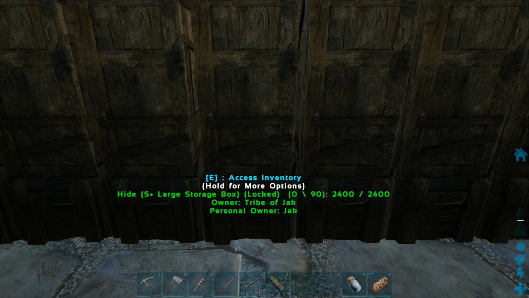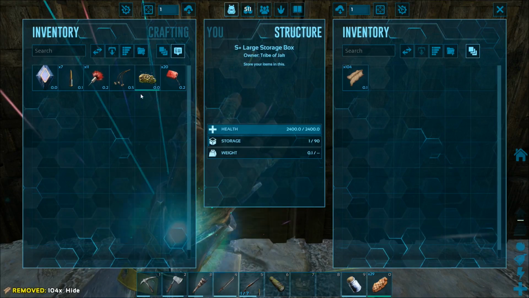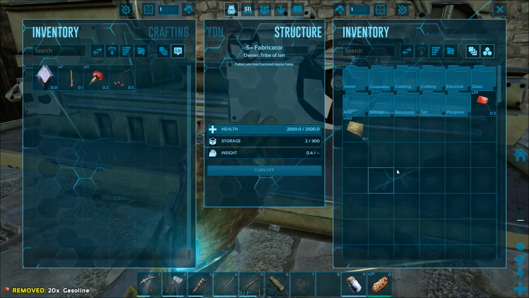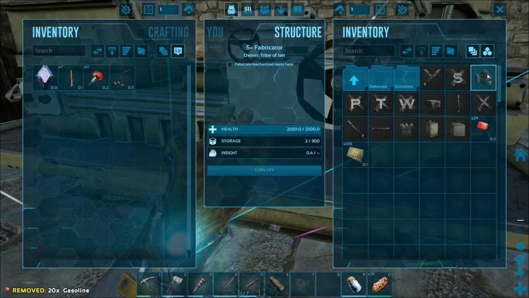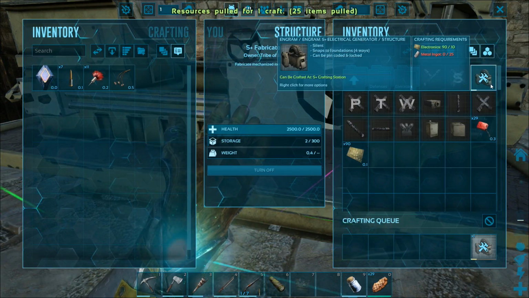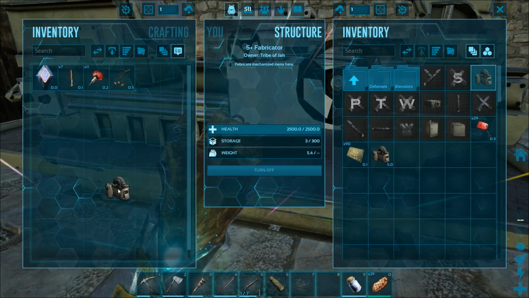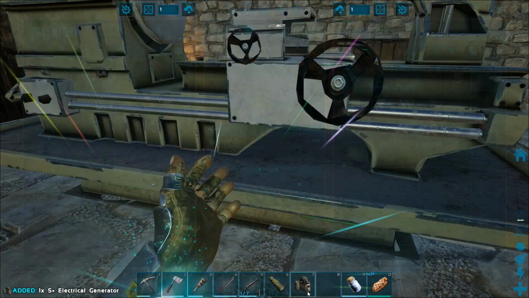Okay, let's get this hideaway, and let's get this in here. We actually don't need it in here for very much longer because we're going to go electrical, we're going to pull resources, we're going to make a generator. Basically, we want to be in here long enough. I guess now our next step is